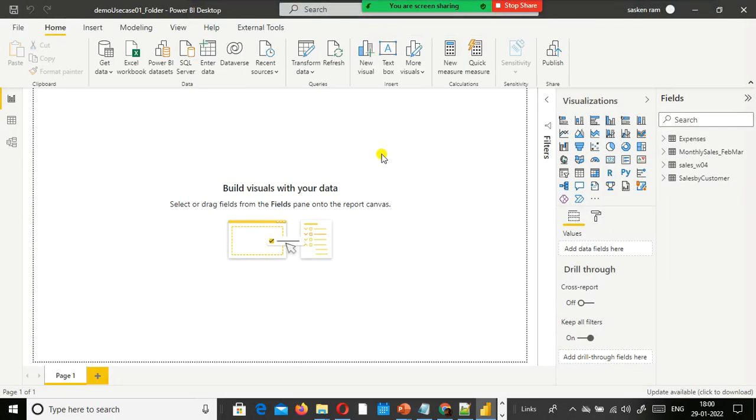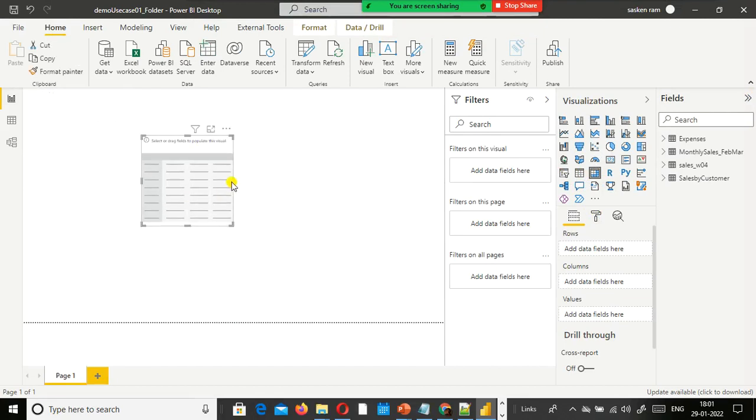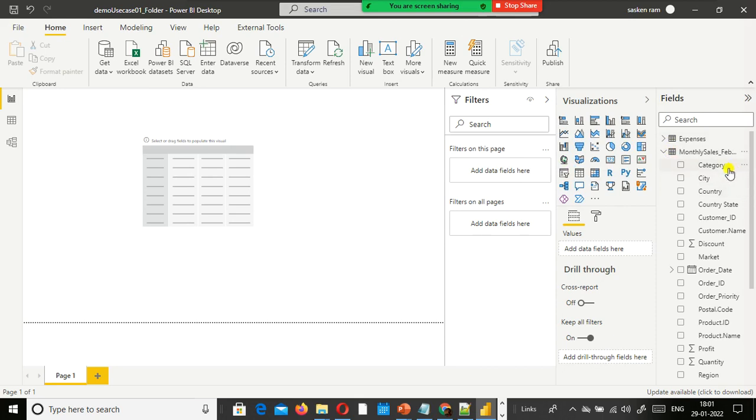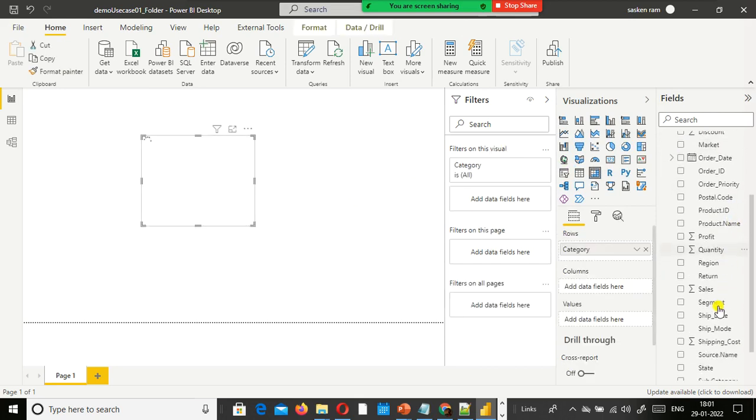See here, we combined two files. Okay. So I click on the matrix visual. We need to validate whether the visuals are getting updated. If I add a new month's data in that folder, the data in this visual should also get updated accordingly. For example, I have something called category. I have another column called sales here.